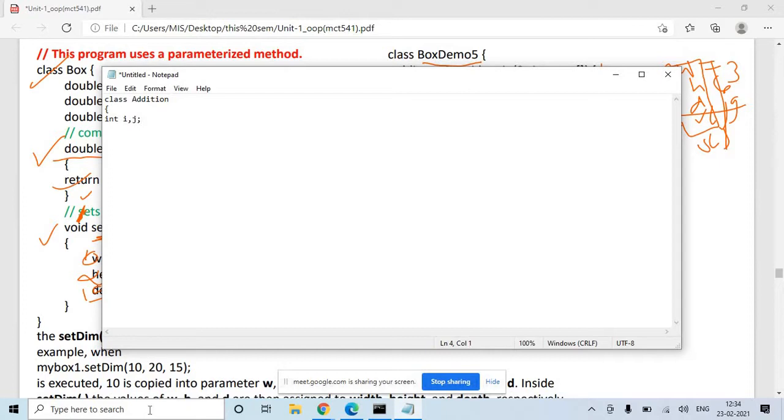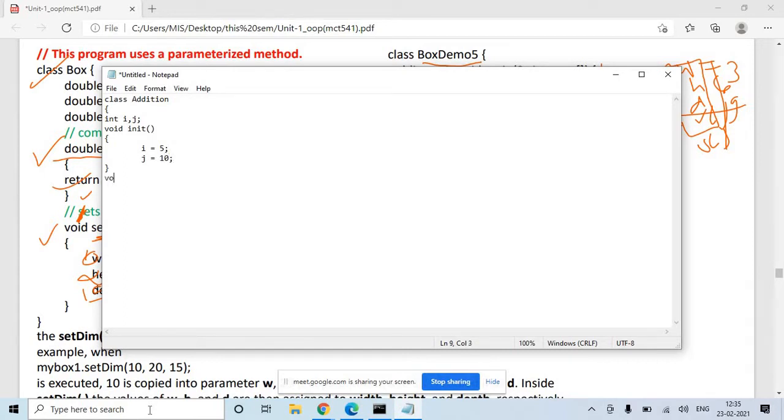Now you want to initialize these two variables, so you will write void init, the function name. So you have initialized, say i is equal to 5, and j is equal to 10. This is how you can write an initialization function.